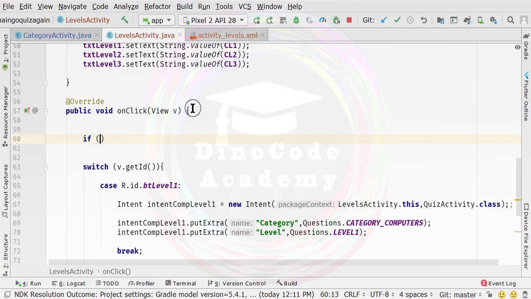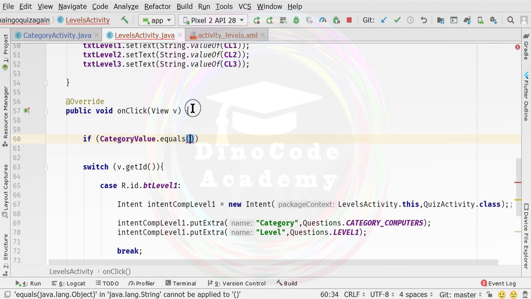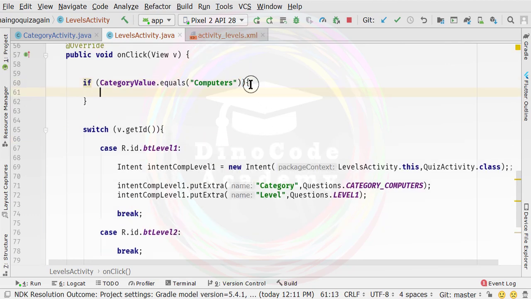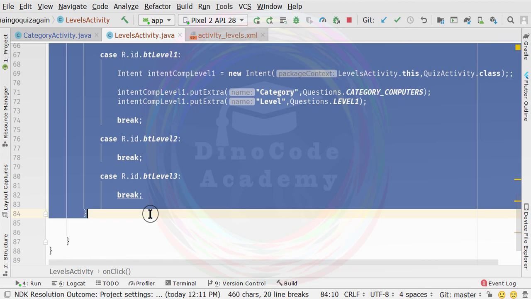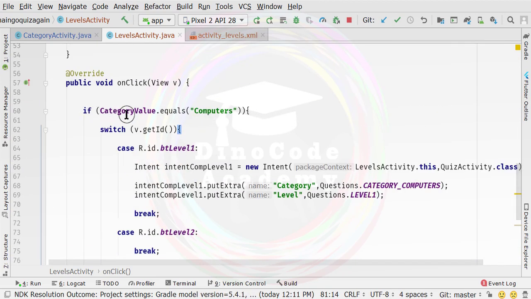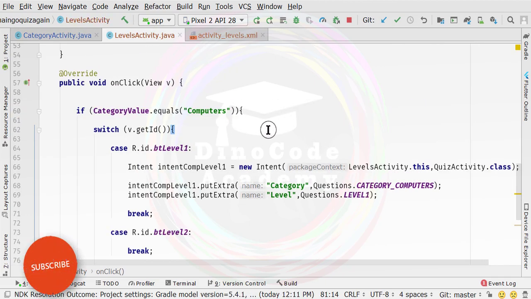So if the category value dot equals computers, I'm going to specify here COMPUTERS. Now after specifying the computer, we need to start the block of this if, and all the code which I have inside this switch, we need to specify it inside this if statement. So if we pass the categories from the category activity like computer, then this particular block will be executed.